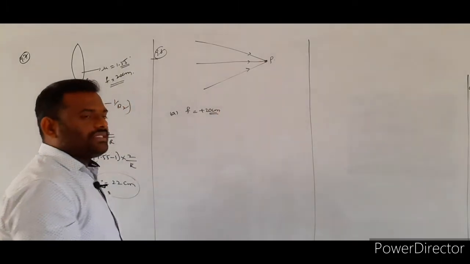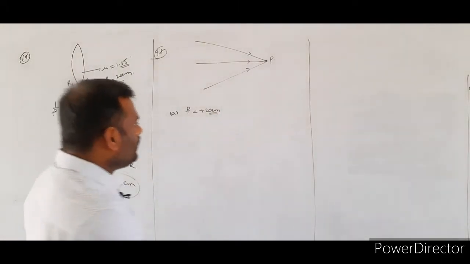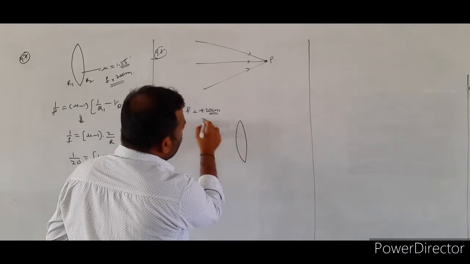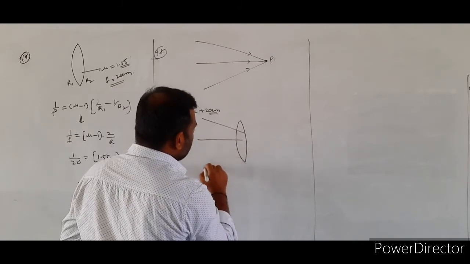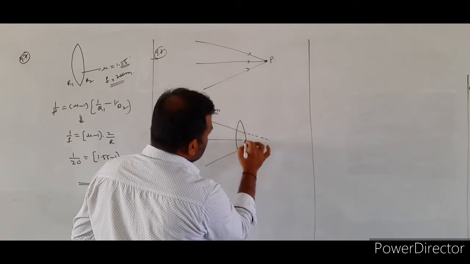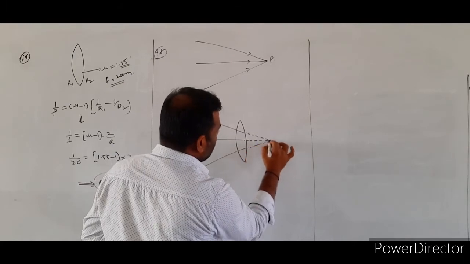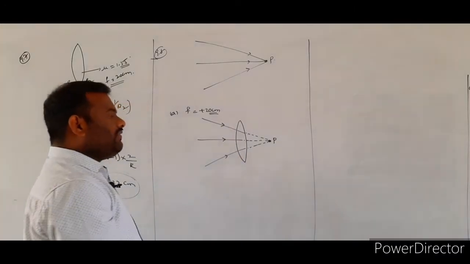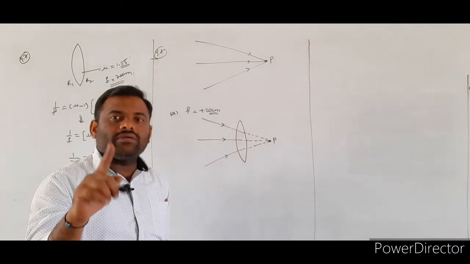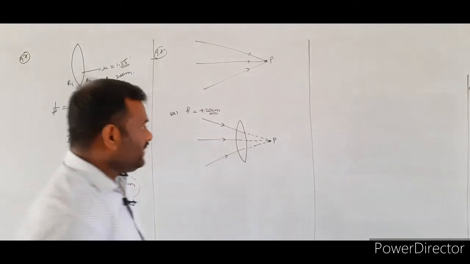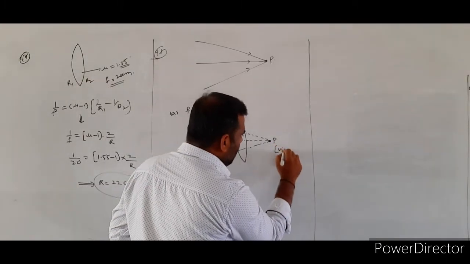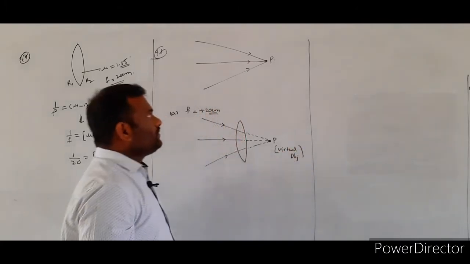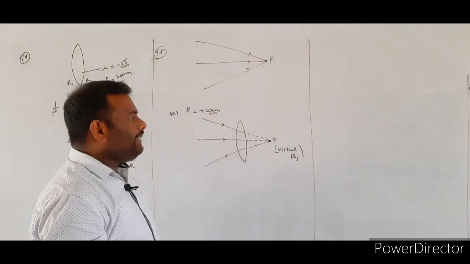Whenever you consider the convex lens, its focal length value will be positive. The corresponding ray diagram is like this. So this is a convex lens. Onto the convex lens, a convergent beam will be incident, and these convergent light rays are going to be converged at the point P. Already in the basics we told, whenever we take the convergent beam, that a convergent beam will be giving the virtual object. So that here the point P will be acting as a virtual object.